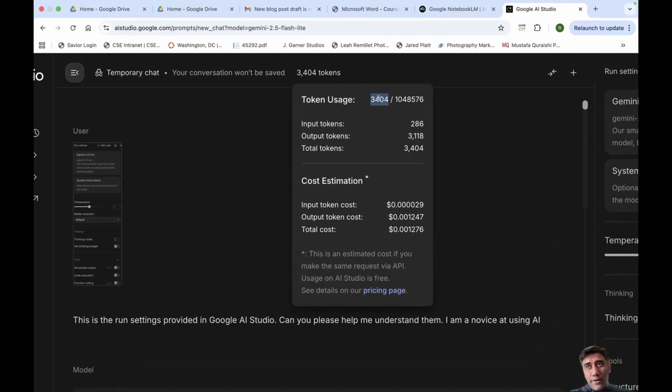If you use Veo 3.1, the consumption would be much higher, because it takes a lot of processing power to create videos. So that is the rough gist of it. Beyond this, it also gives you a cost estimation. Right now, for the bulk of the work, until you hit that 1 million session limit, everything is free